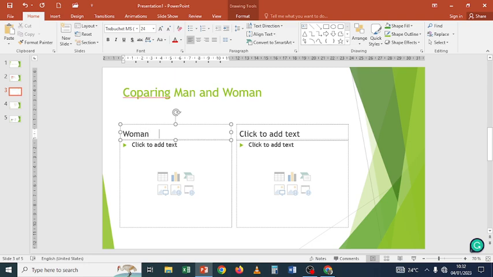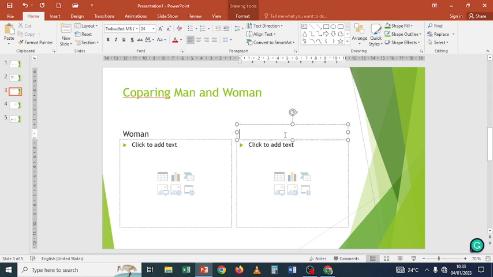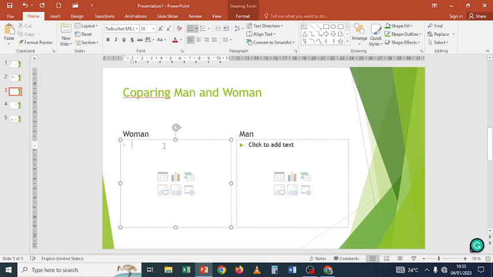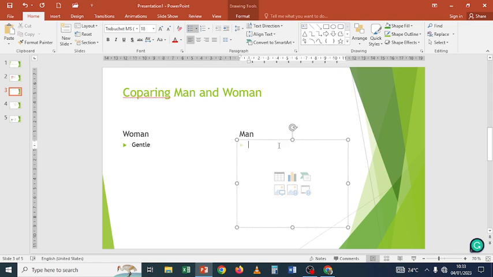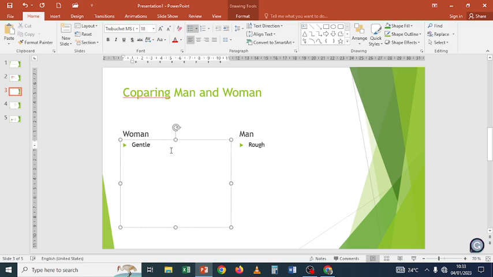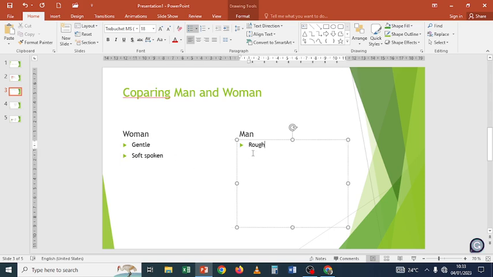Then I get into this other placeholder, I put man. A woman is usually gentle, and then a man, they're usually not gentle. Generally they are rough. These ones are soft spoken generally, whereas when you come to men,